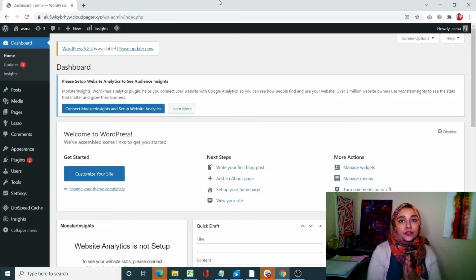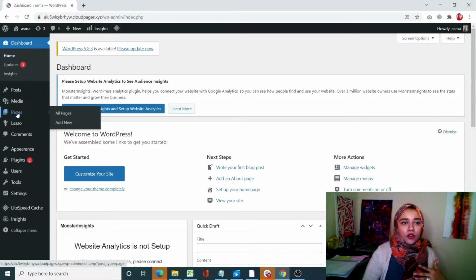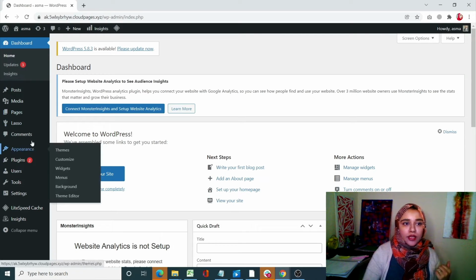Okay guys, now I'm going to show you the three ways in which you can change the font of a WordPress site. Number one would be if you want to change the complete font of the complete WordPress site all the way through. Number two would be if you just want to change the font of a specific portion of a WordPress site. Number one and two are used if you're good with your coding. Number three is if we want to change the font but we are not tech savvy and we want an easy, direct approach. Starting with the first one, if you want to change the whole font of the WordPress site, it's very easy. You only have to add one little code.